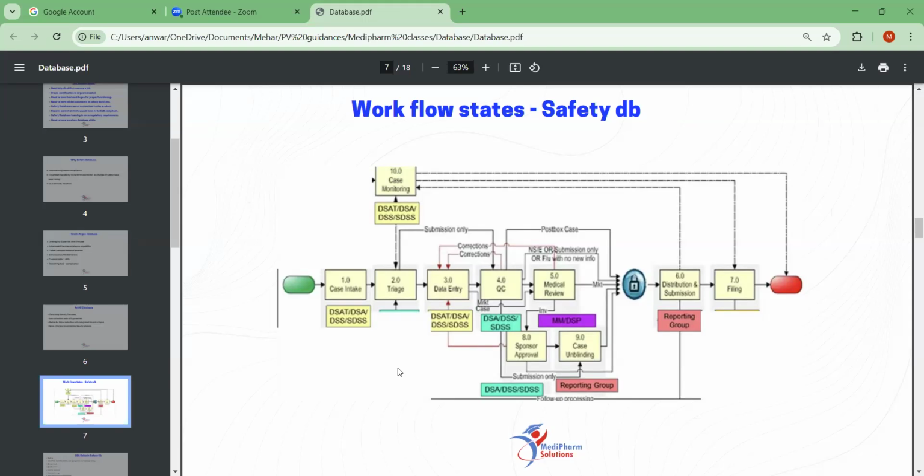Coming to serious cases, there are two types, based on the reporting timeline: a 7-day report and a 15-day report. A 7-day report means fatal and life-threatening serious cases should go within 7 days. So you will first process fatal and life-threatening serious cases. The second preference would be 15-day: other serious reports are reportable within 15 days. So we would process the other serious cases next, and then we would go with the non-serious cases. This is the main point of triaging. And then in data entry, after